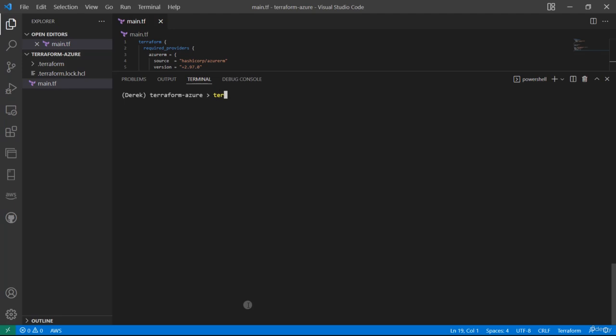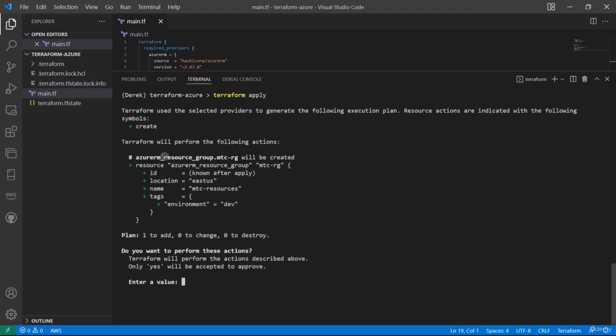Let's go ahead and run a terraform apply and hit enter. All right, as you can see, it ran a plan again. And then it asks us if we would like to perform these actions, if we'd like to continue. So yes, we would definitely like to continue. Now in the future, we will use the auto approve flag just to skip that because we are running a plan between all of this, so we don't need to get another